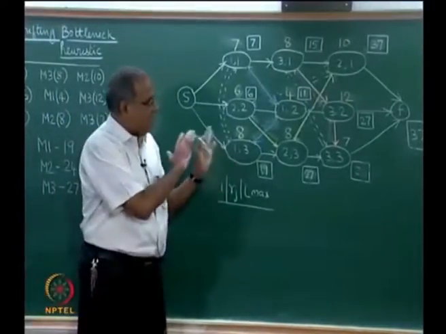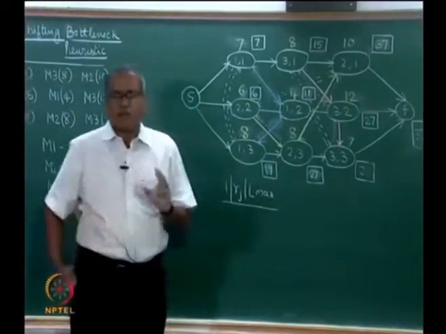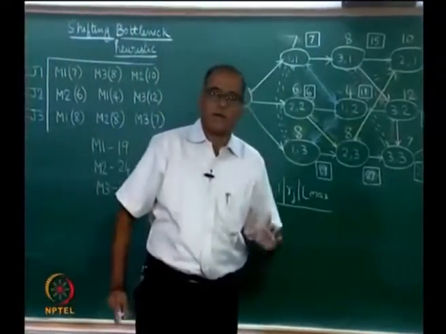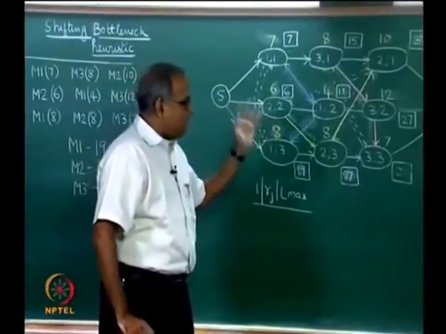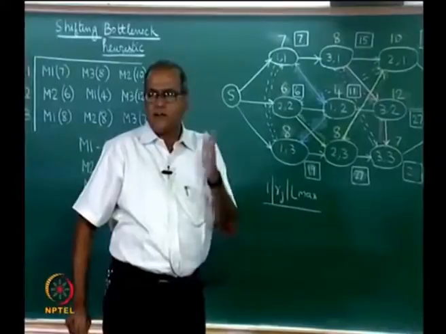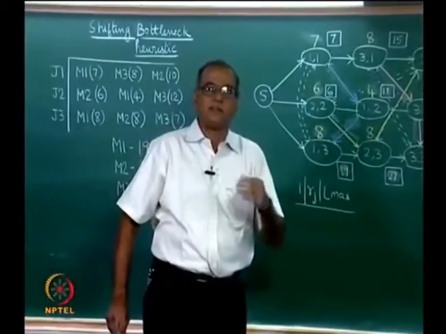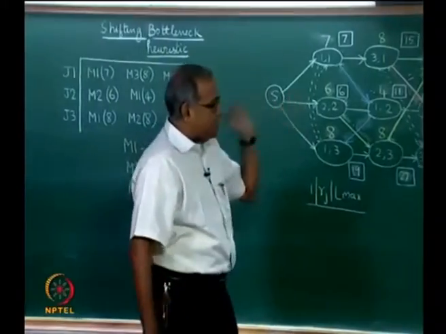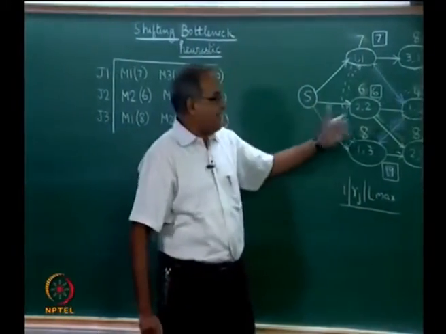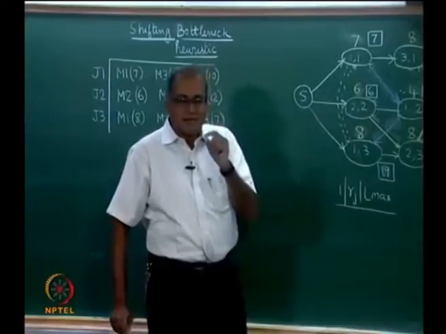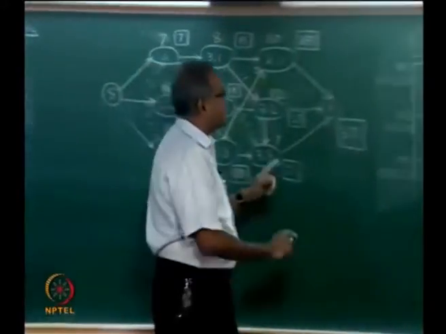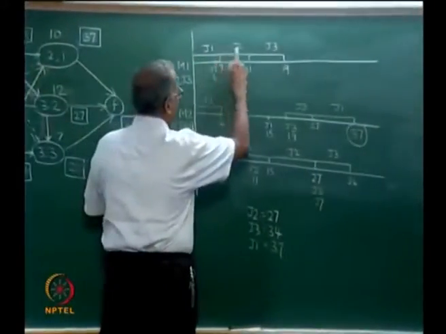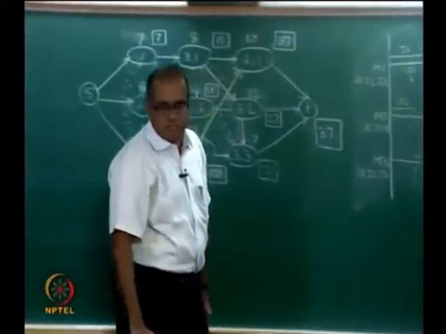So, this is a very powerful heuristic, does not guarantee optimality and is completely different from a dispatching rule based approach, even though in principle both the dispatching rule based approach as well as the shifting bottleneck heuristic try to find out what is the best sequence of jobs on each of these machines.